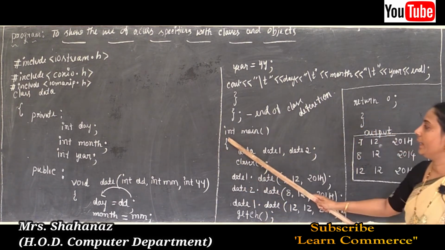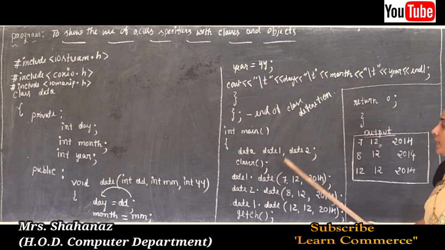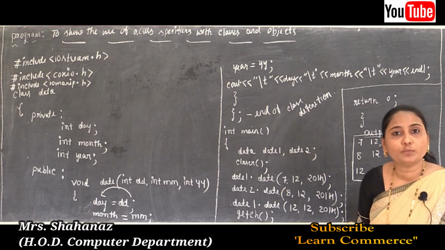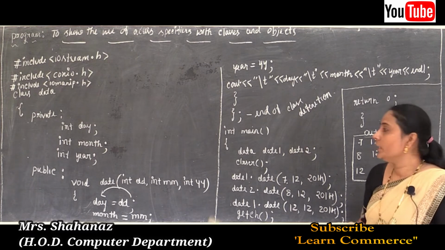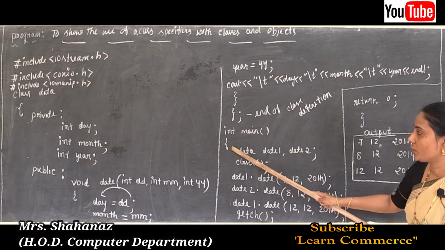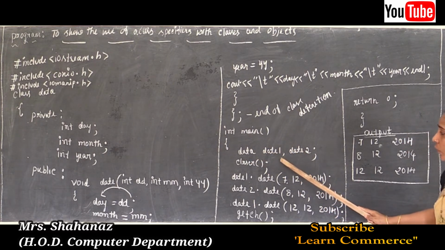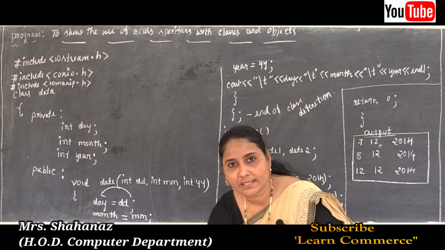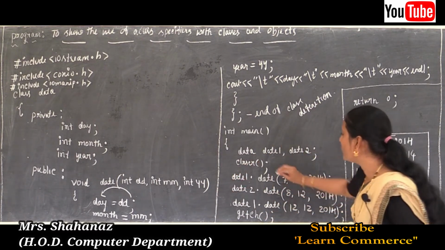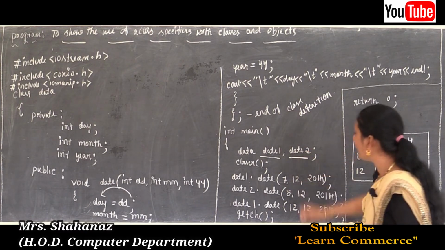And later our int main. Why? Because this one is the main function, and in the main function we are going to declare the object of the class. Okay, so the int main is called the main function, and such one is going to start by using the flower bracket, and we already know why, because here 2 objects are there. In this example I used 2 objects. The objects are date1 and date2.